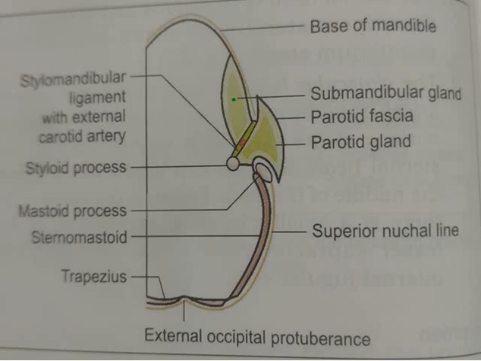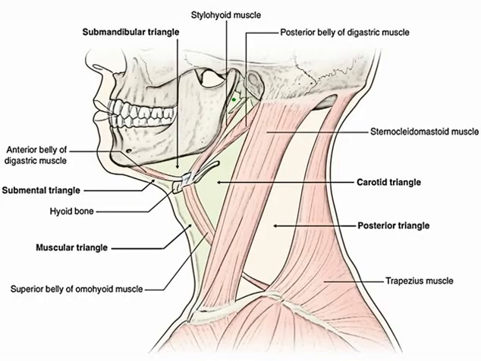And it encloses two spaces. These two spaces are the supraclavicular space and the suprasternal space. The suprasternal space contains a few structures like the head of the sternocleidomastoid muscle. Then here the jugular venous arch will be present. A lymph node is present and the interclavicular ligament is present in the suprasternal space.